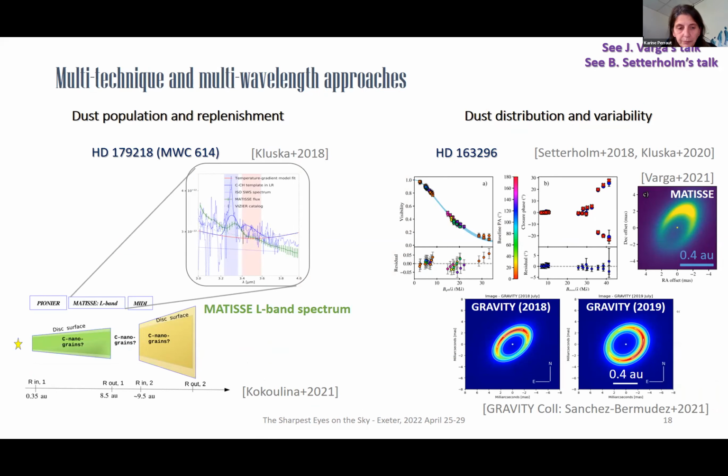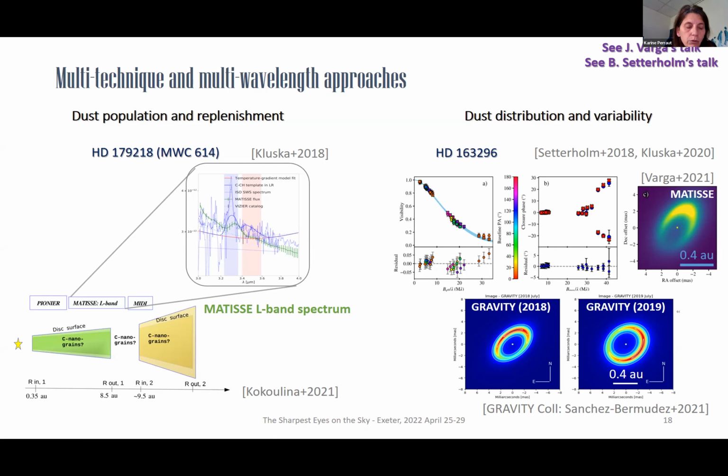Indeed, as for the outer disk, comparing the observations in different spectral bands allows us to also constrain the dust. For instance, in this example, a recent study led by the MATISSE group demonstrated the existence of two different dust populations: an inner nanograin population in the innermost regions that dominates the near- and mid-infrared emission in the hot regions, and another dust population, with probably larger grains, that dominates the emission outward.